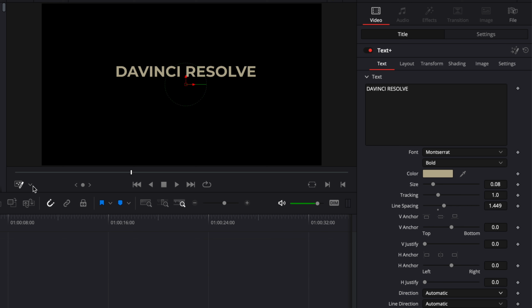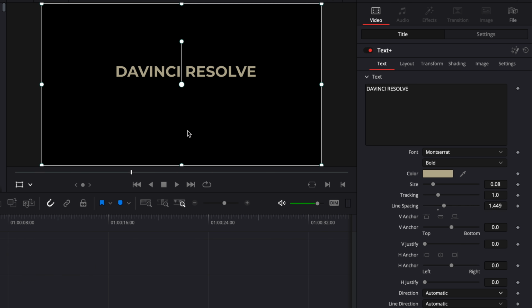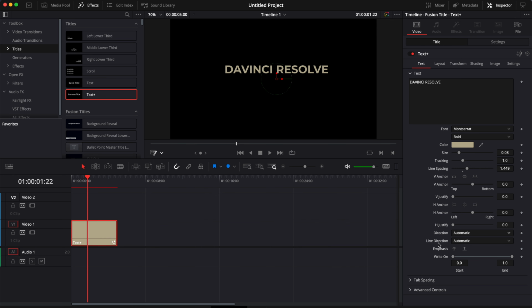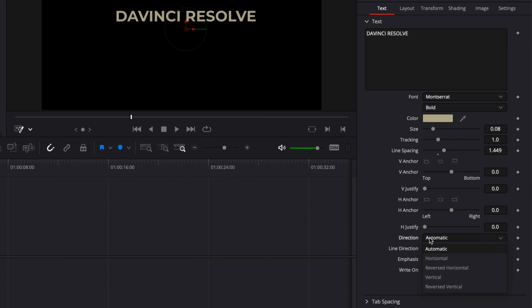Another thing to note is that here by default, it will be in transform, and you will not see the icon that enables you to move around the text on your screen. So you can just go down there and select Fusion Overlay, and now you're able to just move the text around as you want. If you go down here in direction, you have also the possibility to either leave it